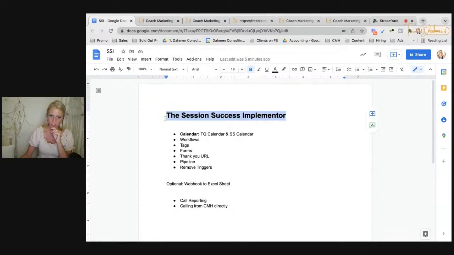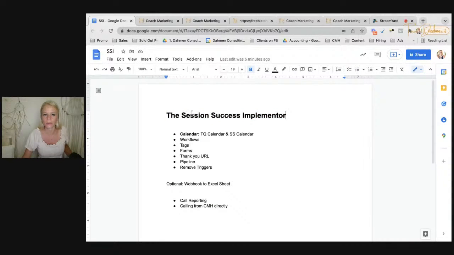Okay, so the way I teach my students how to go about sales calls is two ways. Number one, we qualify people in a 10-15 minute call or connection call. It's a two-way street, right? So the potential client can also get a feel for if we are a good fit for each other. If we decide we're a good fit, we book in another call, which is the strategy session, which goes usually between 45 minutes, 60 minutes, an hour and a half, depends on how the flow goes and how much we have to talk about. So there's two sessions we walk the potential prospect through. Okay, and the session success